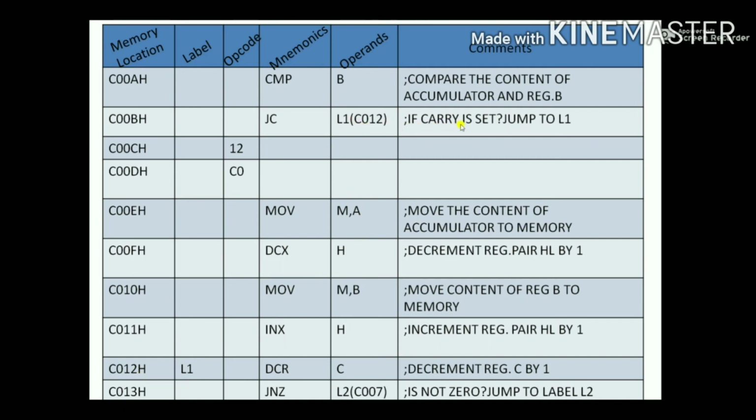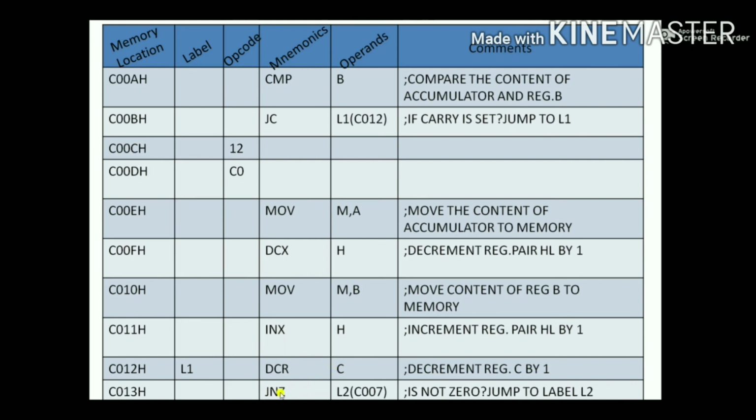So if carry is set, then what happens? We have to jump to L1. It means 12 will be the lower order byte and will come first, followed by the higher order byte, that is C0. Then MOV M, A; DCX H; MOV M, B; INX H; DCR C, all are 1-byte instructions, so only one memory location is needed for each of them.